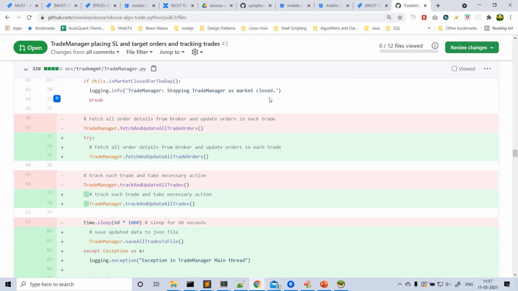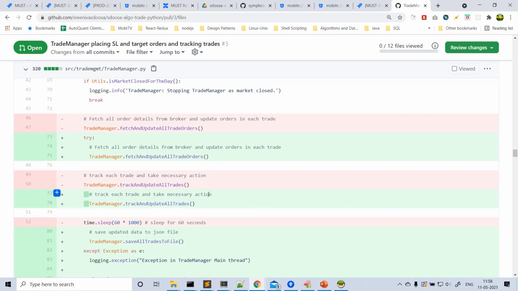So for tracking the trade, what exactly do you do? Every 60 seconds, here I'm calling fetch and update all trade orders. So what are the trade orders? Entry order, SL order, target order, whatever is applicable. This function will update all trade order details by fetching the orders from the broker. After updating the order details, you have the latest order status, average price or whatever.